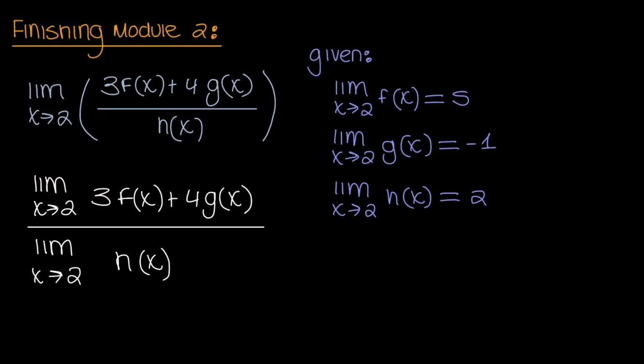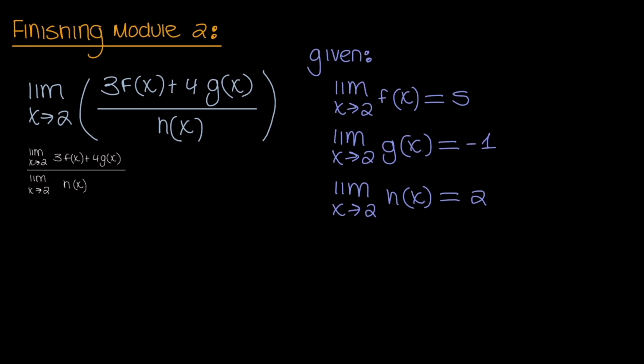Then we can distribute even further, as this limit applies to this term, that term, and of course this one applies to this one. To save room, I'll make this smaller, and then we'll distribute. So the limit as x goes to 2